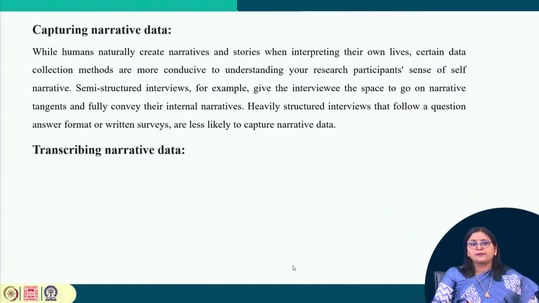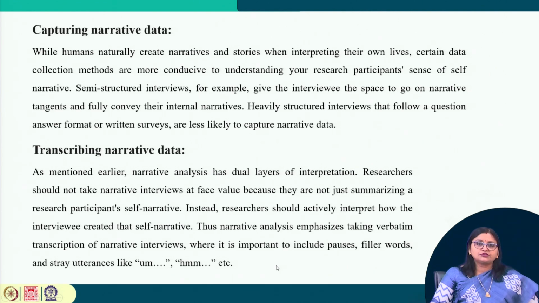When we are transcribing the narrative data from interviews, narrative analysis has a dual layer of interpretation. Researchers should not take a narrative interview at face value, because they are not just summarizing a research participant's self narrative. Instead, researchers should actively interpret how the interviewee created that self narrative, how they have given their response, what was their expression. Thus, narrative analysis emphasizes taking a verbatim transcription of the narrative interview, where it is important to include